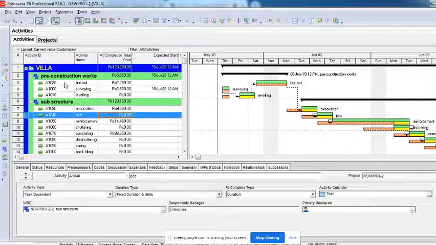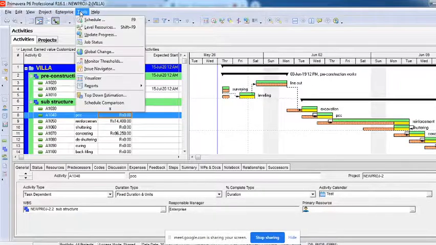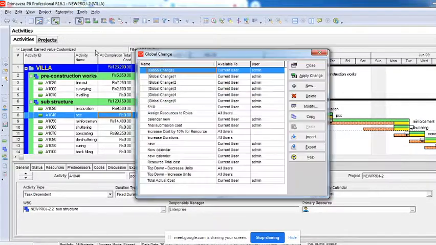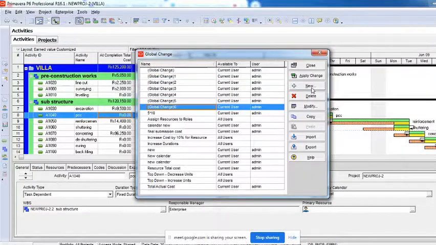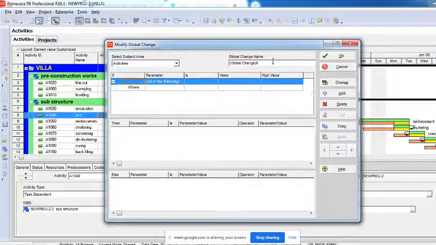I'll show you now. You go to this option called tools. There's an option called global change. The moment you click on global change, here there's an option called new. I've changed so many things so many times, so there are a lot of options available here. I'll just say new. You can probably change this name also. I'll just give it as ABC, the global change name, or you can type it as new calendar or whatever you want.